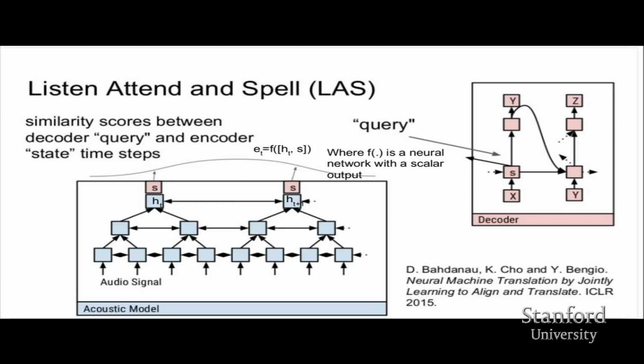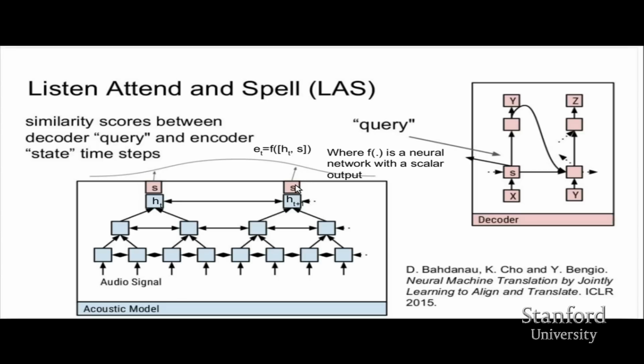You could have done something very simple, like take a dot product, in which case the vectors would have to be the same size. Or you could have done something much more sophisticated, which is you take the hidden state that you want to compare the query against, concatenate them into a vector, and then put them in a neural network, which produces a scalar value. And it turns out that's what we do. So you have this function f, which takes in a concatenation of the hidden state at time step t with the state of the recurrent neural network, which is the decoder state, and produces a single number, e_t. Now you do that for every time step of the encoder,